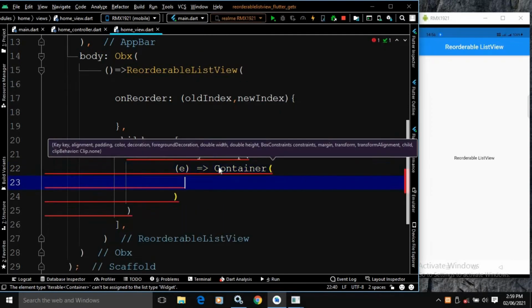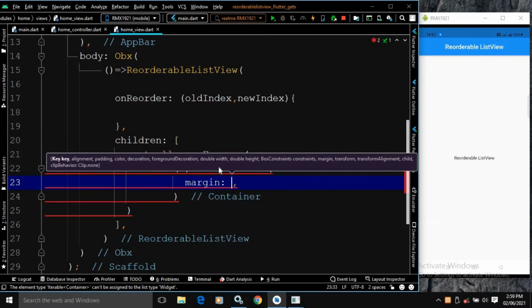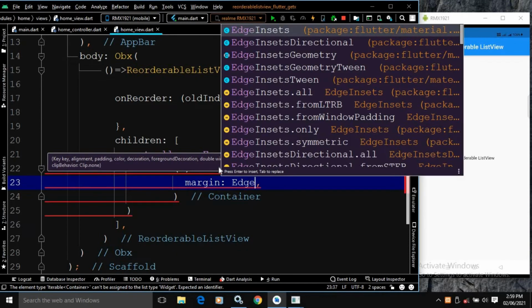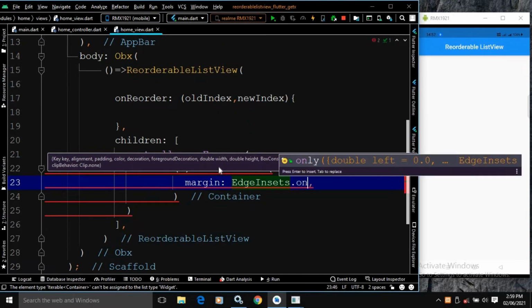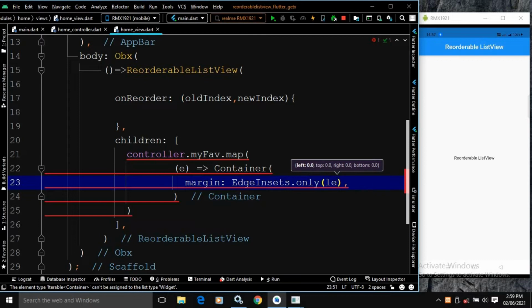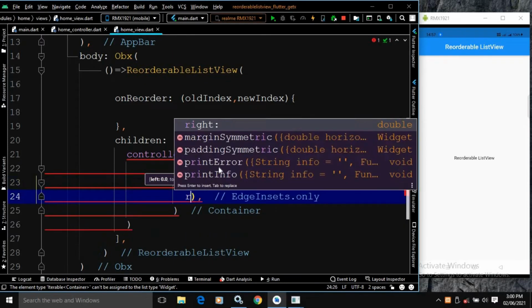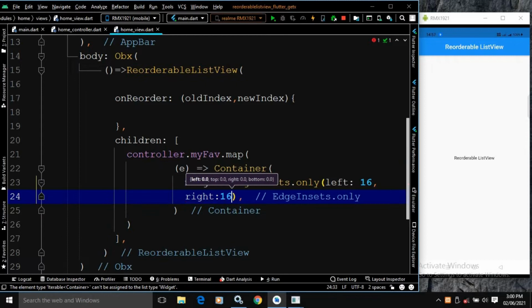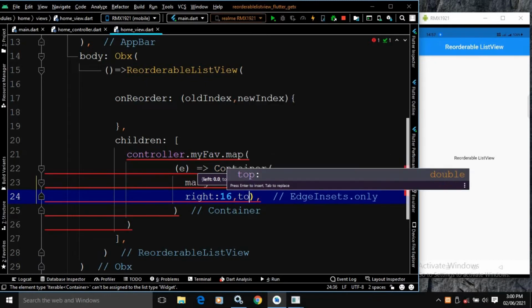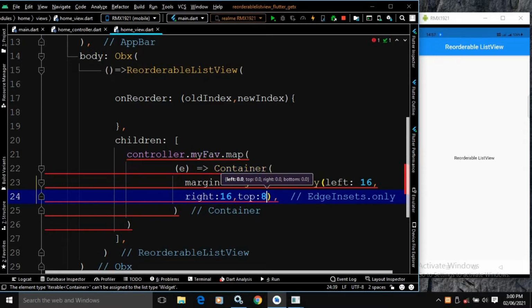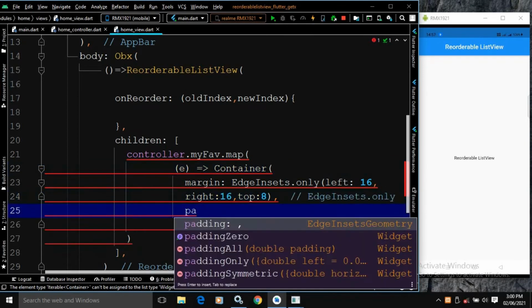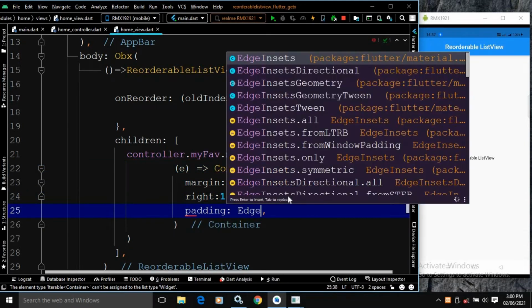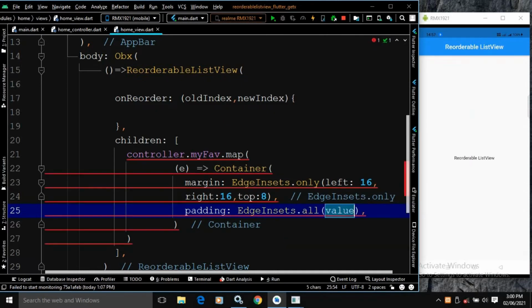In this container widget, I will use a margin, EdgeInsets.only. From the left-hand side, I will use a margin of 16, from right a margin of 16, and from top a margin of, let's say, 8. After that, for this container, I will use padding from all sides, and let the padding value be 16.